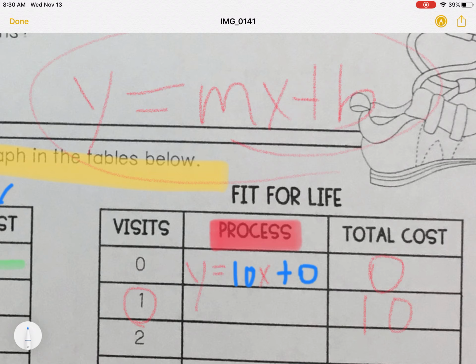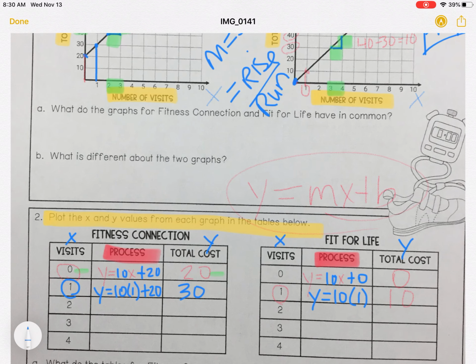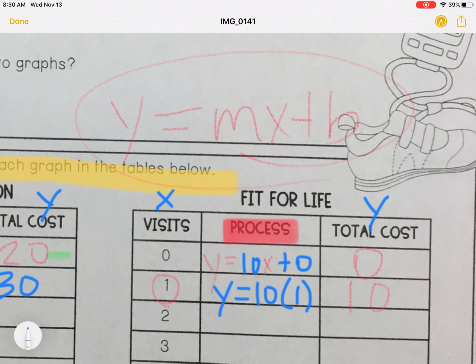Well, this is a 0 y-intercept, so in reality, I don't even need that because the 0 crosses out. So let's plug it in. Remember this is our x and this is our y because our number of visits is our x-axis. So what is 10 times 1? Well, that's 10. That is our process. You need to plug